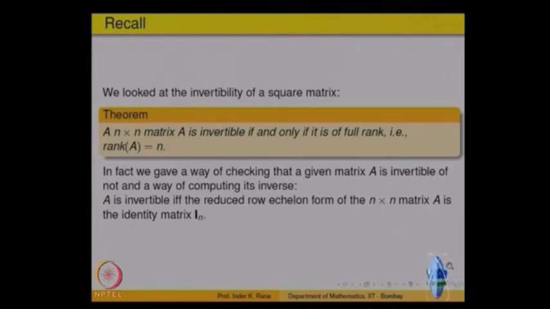So, to motivate what a determinant is, you all must have been using this concept in your school curriculum, and how to compute the determinant of something 2 by 2, 3 by 3. So, we will start with looking at why a determinant has those properties and what is the minimal set of properties that define a determinant.